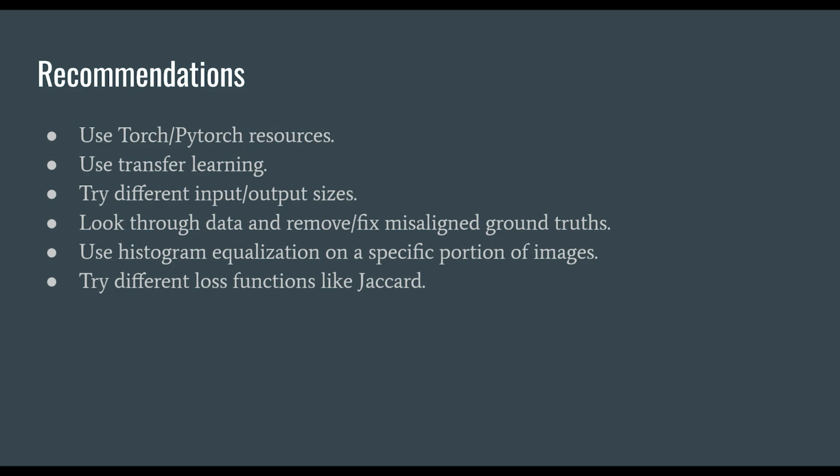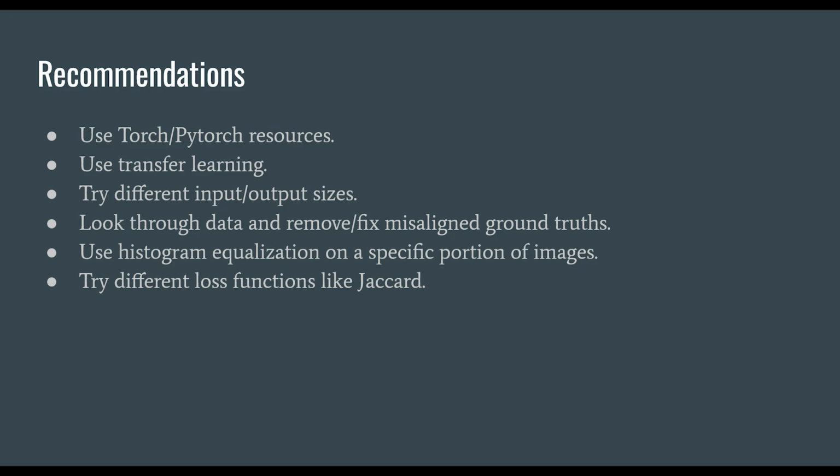For anybody taking on this project, some of the things I would recommend are also things that I didn't have time to implement myself, but the first thing I would personally recommend would be to use Torch resources and transfer learning. It will help you get started a lot faster. I would try different input sizes for the segmentations to see if that would help at all, perhaps even keeping the original input size. Look through the data and try to fix or remove the misaligned ground truth masks. I would first perform a check before doing histogram equalization to make sure you're only applying it to images that actually need it. I used the dice loss function, but I would also test different loss functions used for segmentation